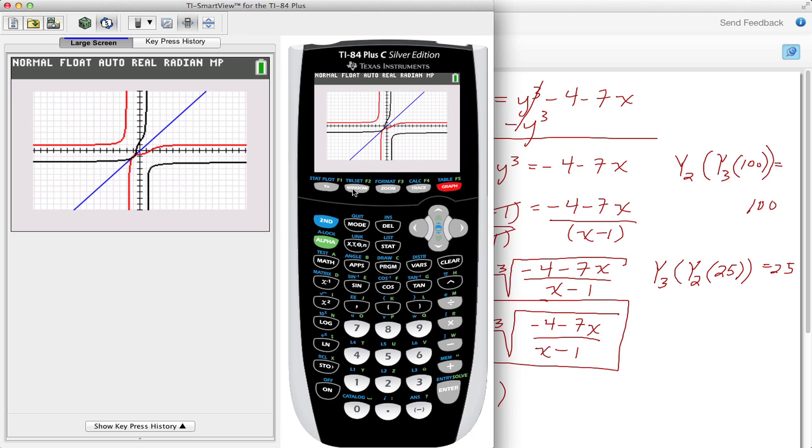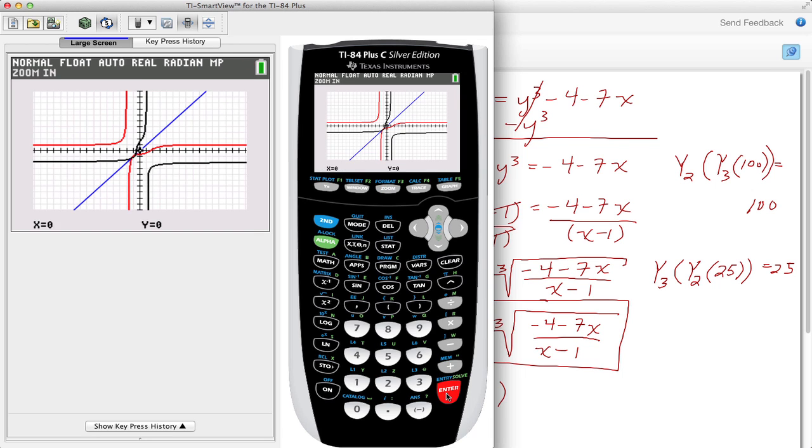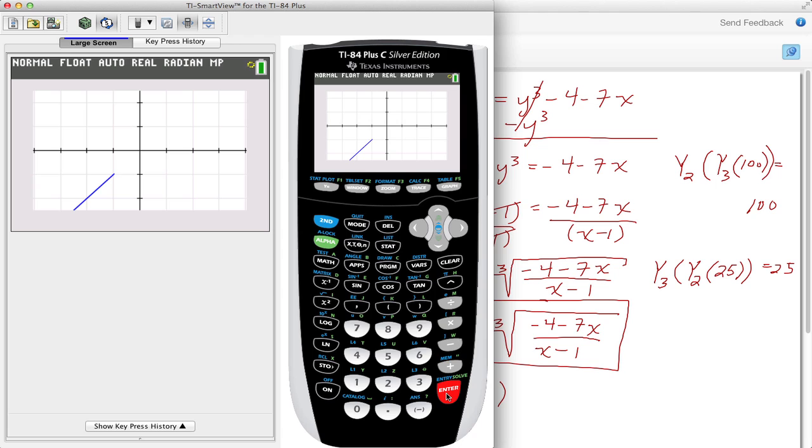All right, let's zoom in so we can get a better look at what's going on here. Let's go to number 2 for a regular zoom on the middle. And there that is coming in, the symmetrical line, the original equation, and then soon in black we're going to see the inverse. Again, we see everything is symmetric to that blue line.